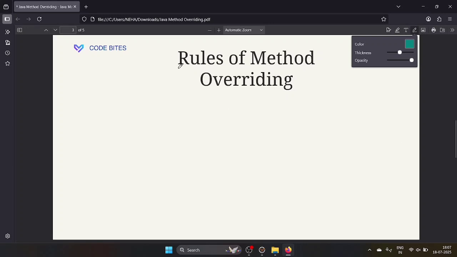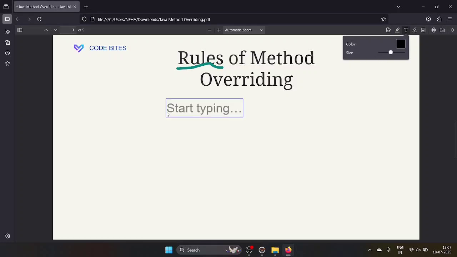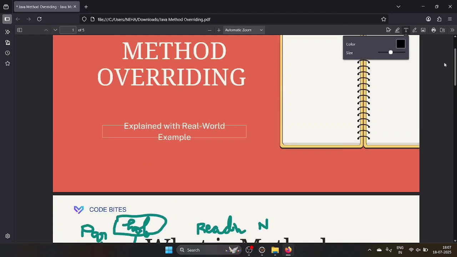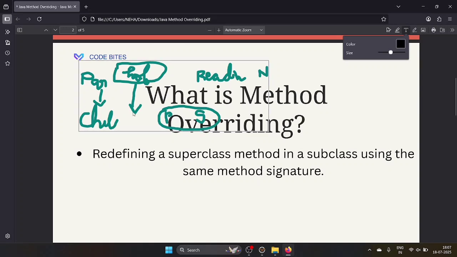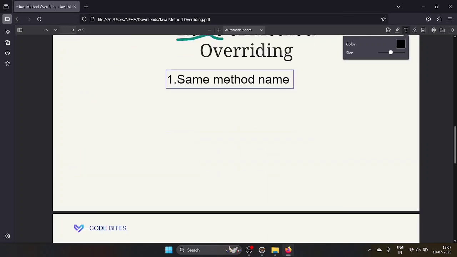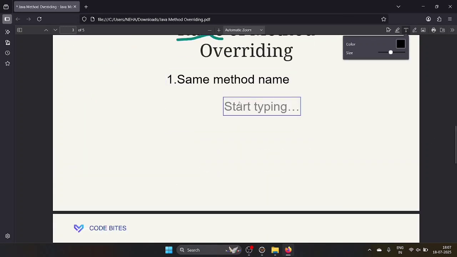So if you want to do method overriding, what are the rules we need to follow? First, the same method name should be used. Same method name, this is a rule of method overriding. So check here, hobby. You need to use the hobby method signature the same as it is here. Same method name you should follow when you want to override that one. Second one we can say is